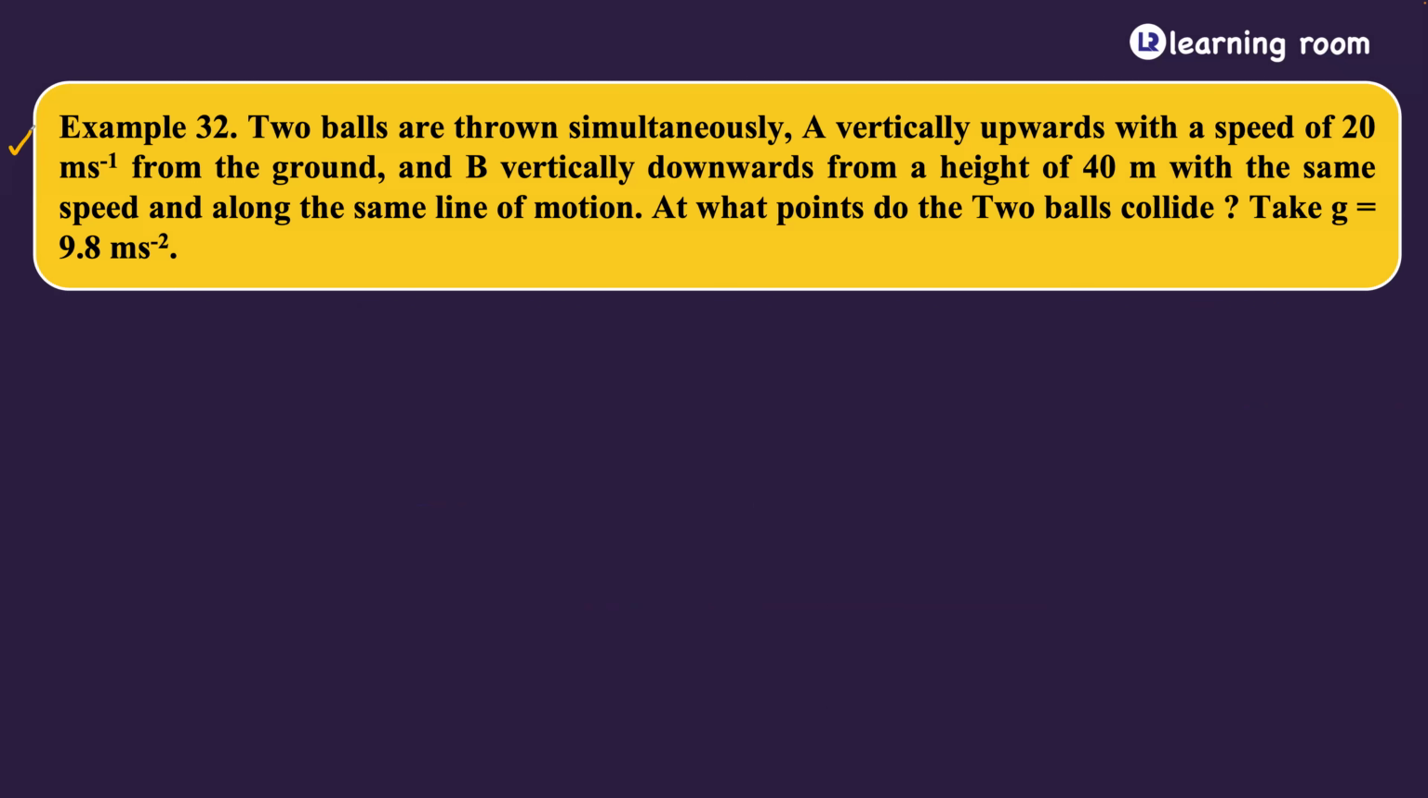The next question is, two balls are thrown simultaneously. A vertically upwards with a speed of 20 meters per second from the ground, and B vertically downward from the height of 40 meter with the same speed along the same line of motion. At what points do the two balls collide? So if you take the ground,